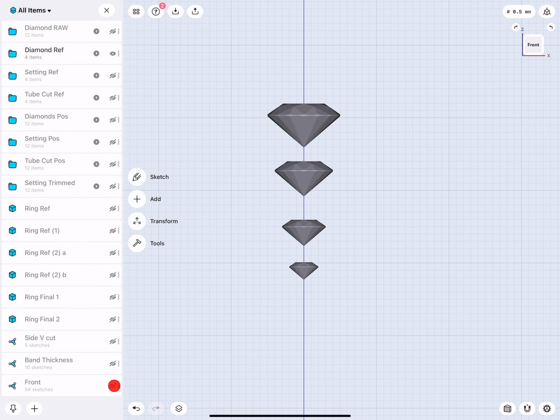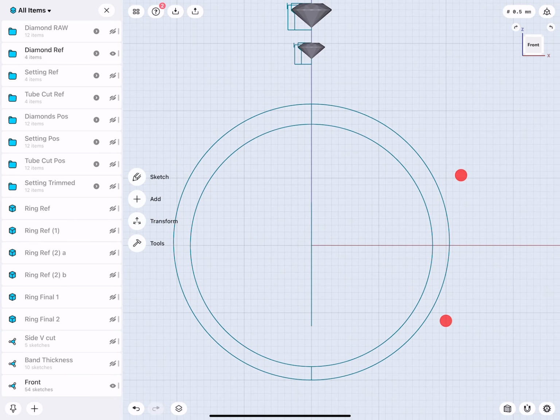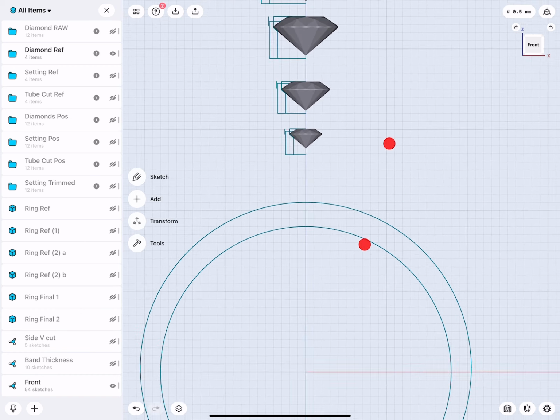Then, after I measured the finger, the inner diameter, I created 2 rings. An inner ring representing the inner part, where the finger goes through, and a bigger ring representing the material thickness of the band. You will also notice that these 2 rings are not perfectly centered. The outer ring is a little bit up. That's on purpose because I wanted the ring at the bottom to be thin and then get wider toward the top. Okay, very good.